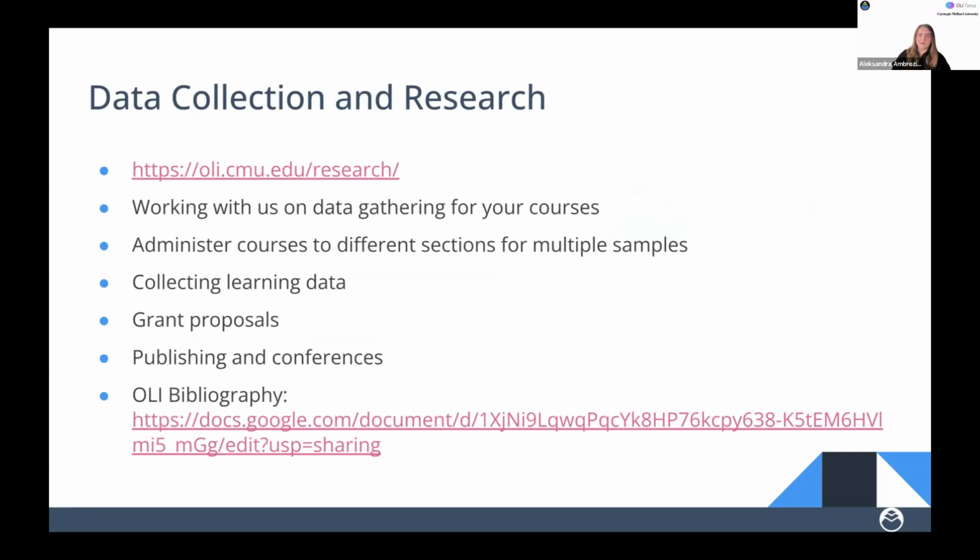But because OLI is open source, there's absolutely no reason that anyone can't end up doing data collection and research using our platform, especially because it is a huge data collection tool. So if you're ever interested in performing your own research project, whether that be doing before and after testing in different versions of a course, or implementing a brand new course, or just seeing how students are reacting in a traditional modality versus an online learning modality, whatever your research question might be, get in contact with us because we